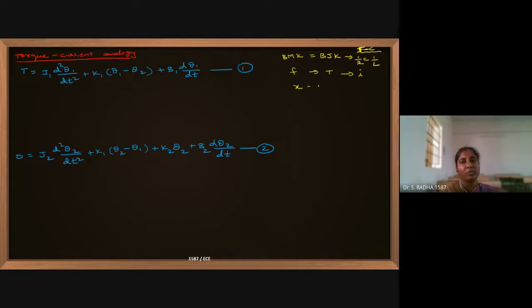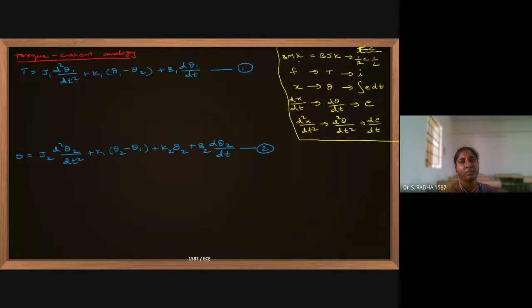Output is displacement, meaning dx by dt. I have to take it as voltage, okay, d theta by dt as voltage. And d square x by dt square and d square theta by dt square should be dE by dt. If theta is present, that is the integration of E dt. Okay, this is the translational system and then the rotational system. Both are mechanical translational and mechanical rotational. The last one is the force current analogy. This one we have to remember.